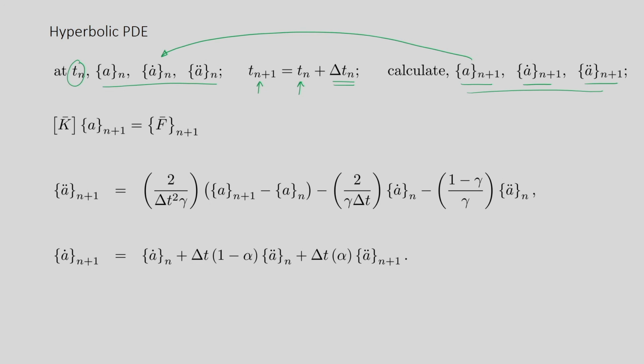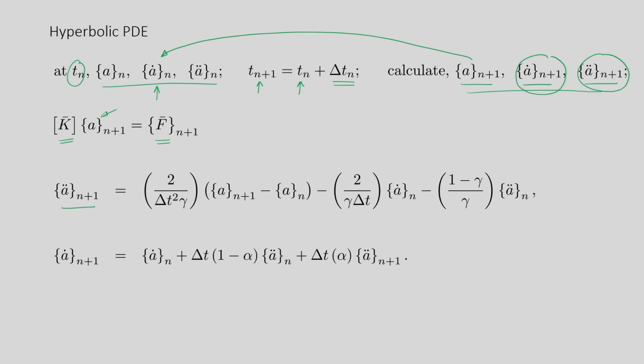Now, as I discussed in the earlier slide, once we know these three things and the force at n plus 1, we can actually find out k bar and f bar, and we can obtain the solution an plus 1. So, that represents the nodal displacement at time instant Tn plus 1. Now, we have to find out the velocity and acceleration also at time instant Tn plus 1 before going to the next time step. So, how to do that?